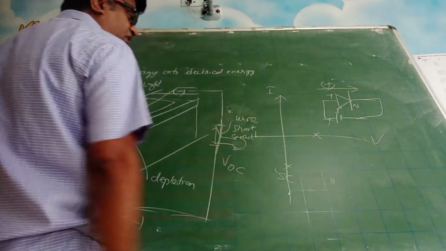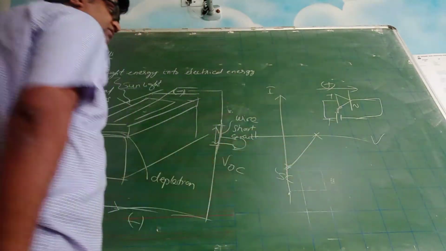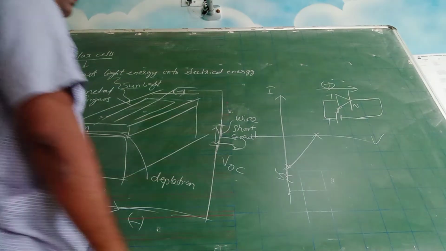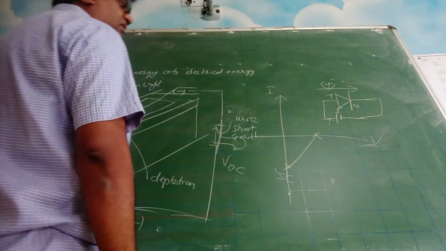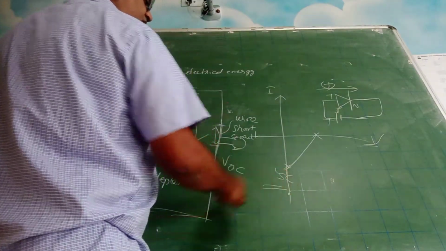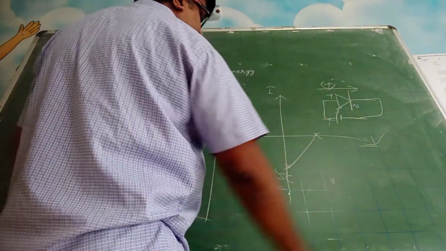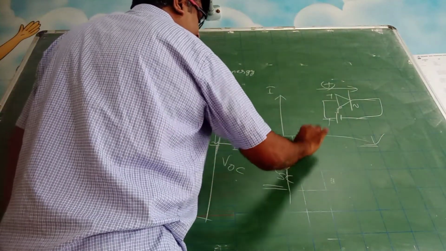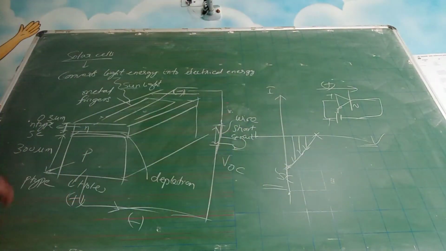So for the IV characteristic curve, you simply need to join the lines. You can see that when the potential is very low, the current is high. When the potential is increasing, the current is dropping. Isn't it? The current is dropping. This is the concept behind solar cells. Questions are asked on solar cells and LED, which is why I have told you this concept. Now let us see some previous year questions on this.